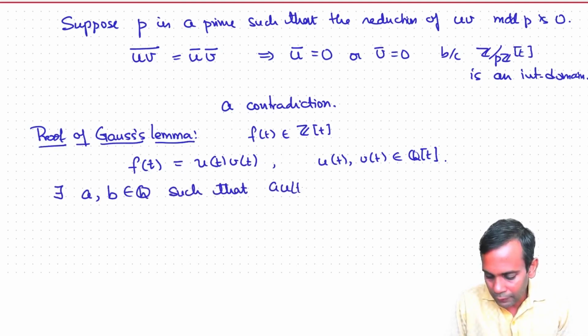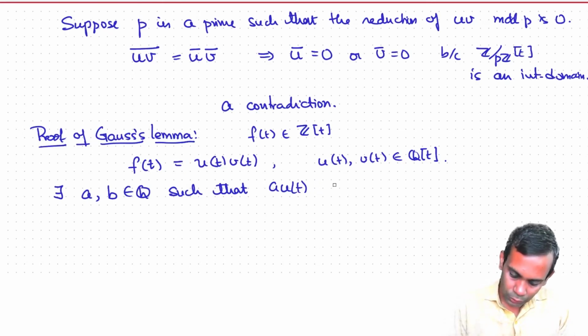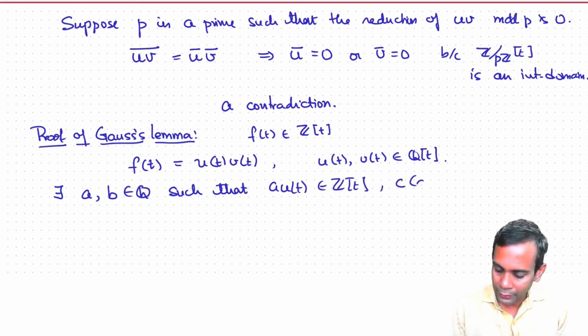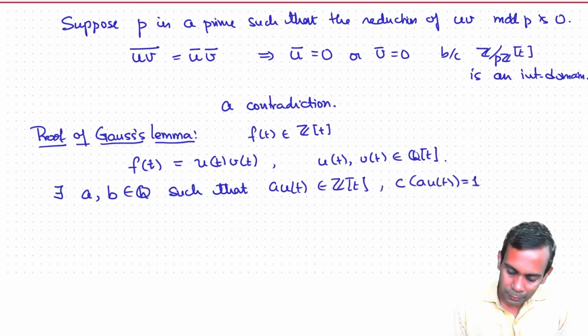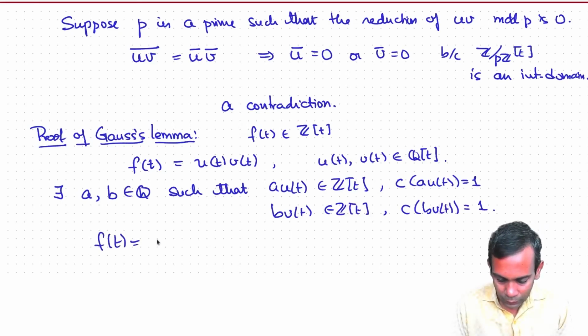a u(t) belongs to Z[t] and the content of a u(t) is 1, that is, it is primitive. b v(t) belongs to Z[t] and the content of b v(t) is equal to 1. And we have f(t) = a u(t) ... so here we would have ab times f(t) is a u(t)